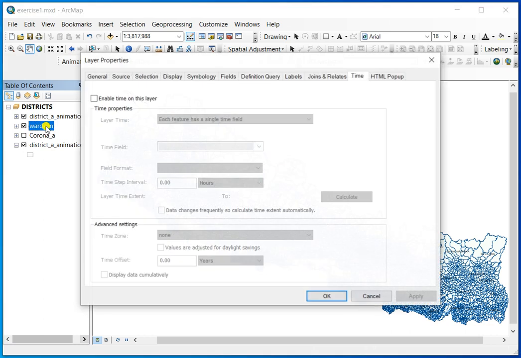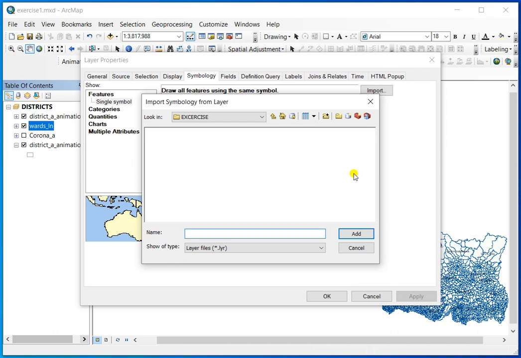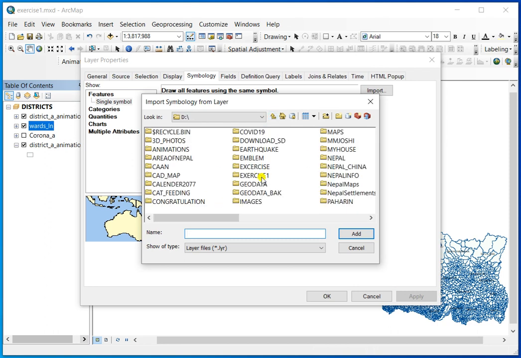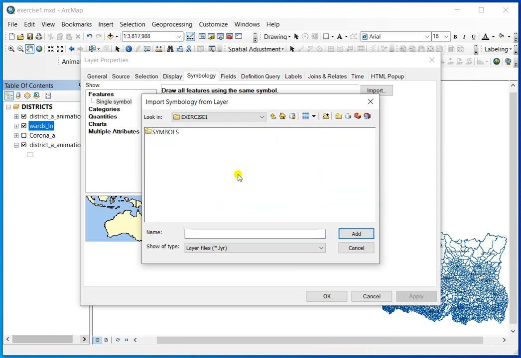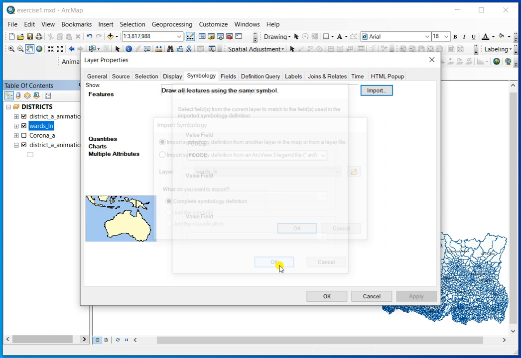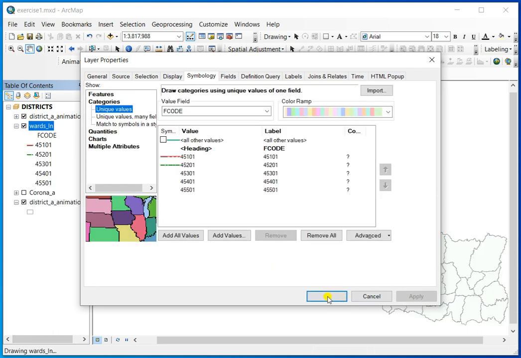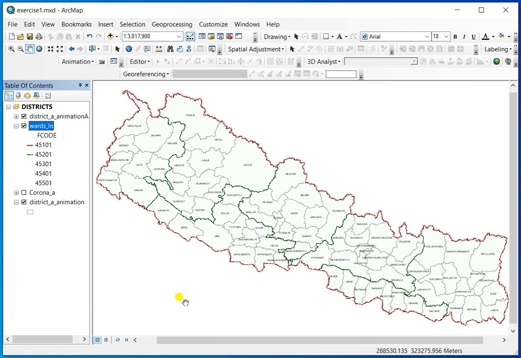So let us symbolize it with appropriate symbols. In this folder, I have symbols already, wards, okay. You may change your symbols as per your taste. So now it looks